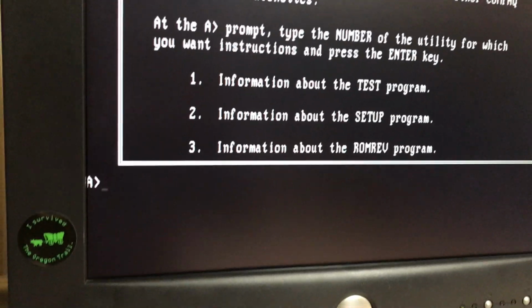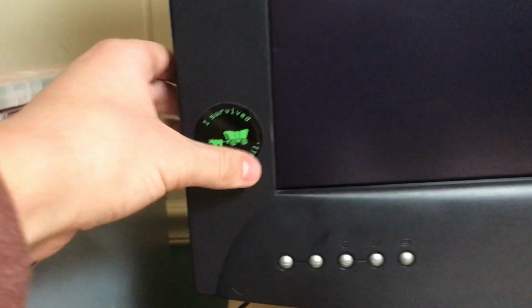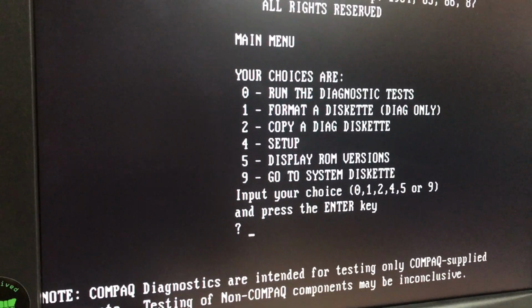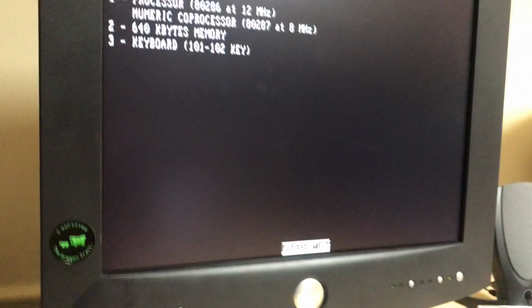Alright. I'm gonna run test. This is that thing go. I love this drive. Stickers come off. Alright, I wanna... Unfortunately, there's no option to just run hard drive tests, so I have to go through everything else first, so...